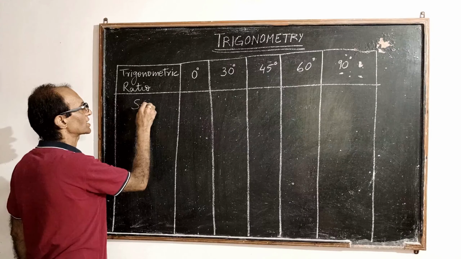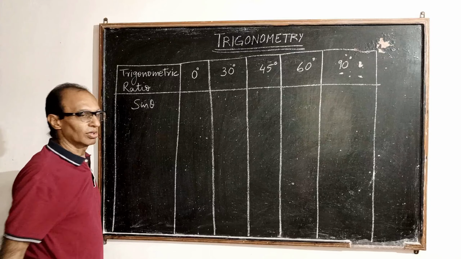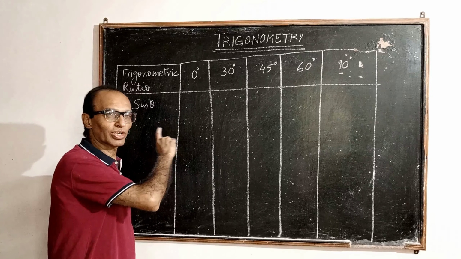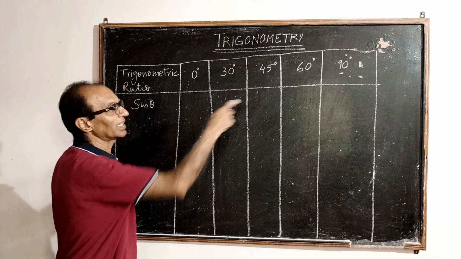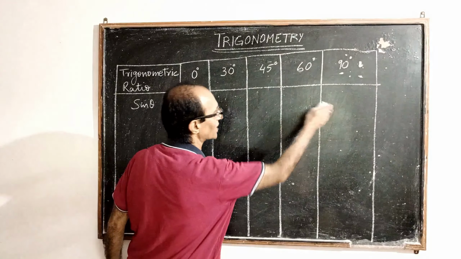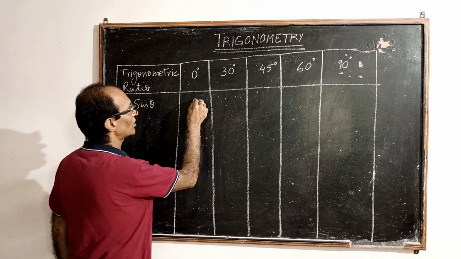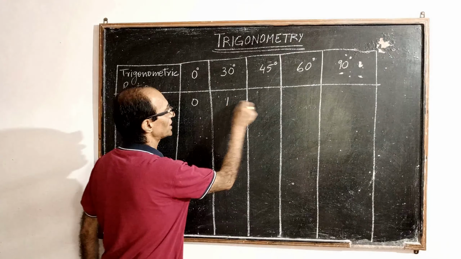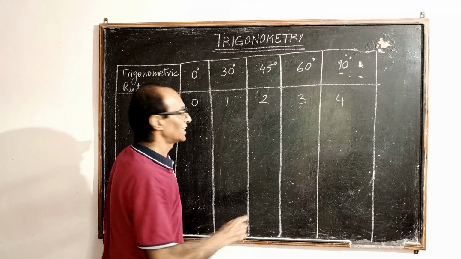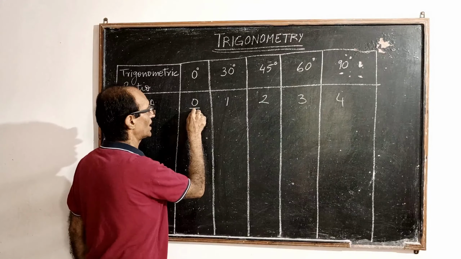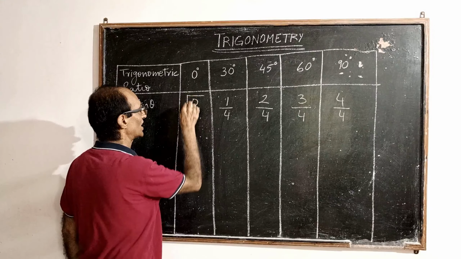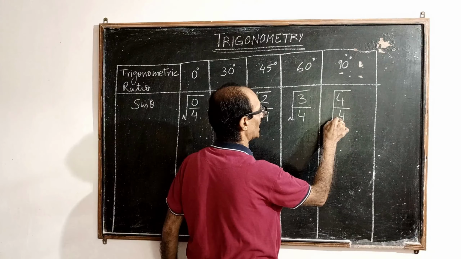The first one is sine theta. Now, what I'm working out is how do you work out the values of these trigonometric ratios for these various angles, 0 degrees, 30 degrees, 45 degrees, 60 degrees, and 90 degrees. This will go as 0, 1, 2, 3, 4. And then divide them all by 4 and then put these values in the square root, and let us see